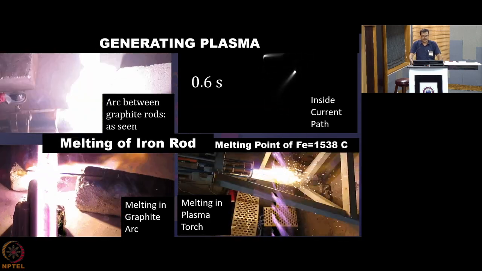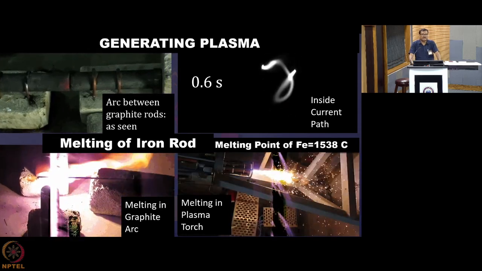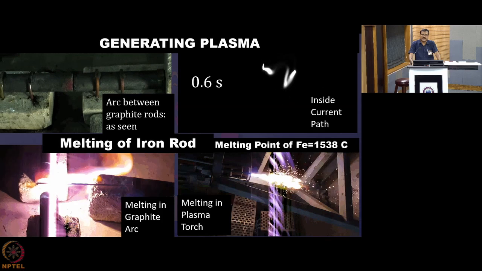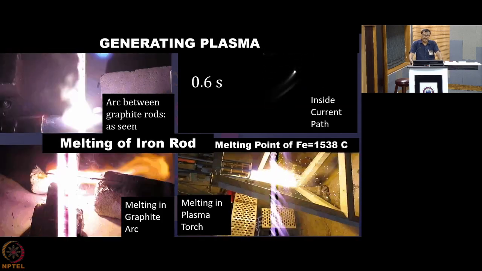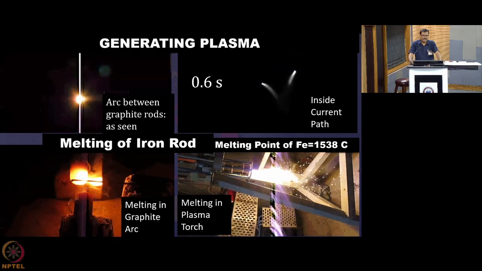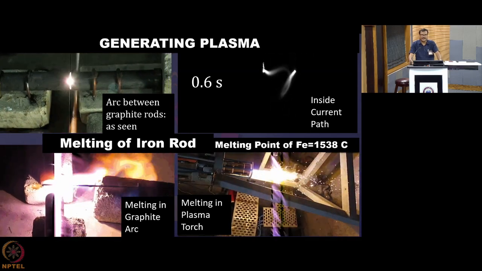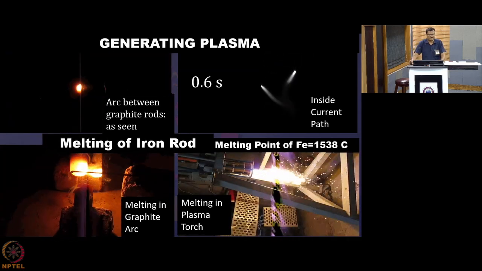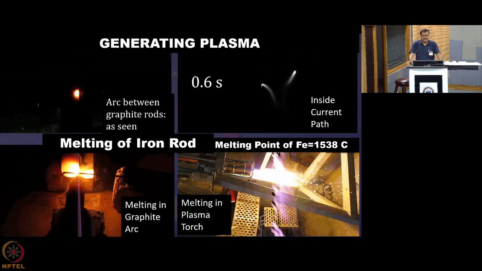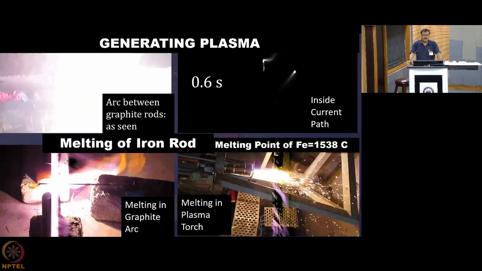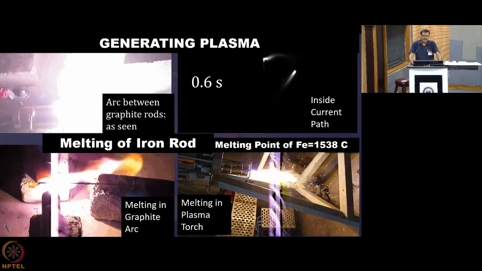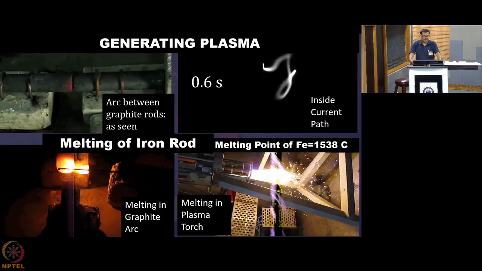It was a fast framing camera, and in the current video we grab the frames at a rate of 25,000 frames per second. If I ask you to take two snaps in a second with your mobile, you will say okay, I can do that. If I say 10, you will say it is difficult. If I say 100, you will say that is impossible. But now we are going to take some 25,000 frames per second.